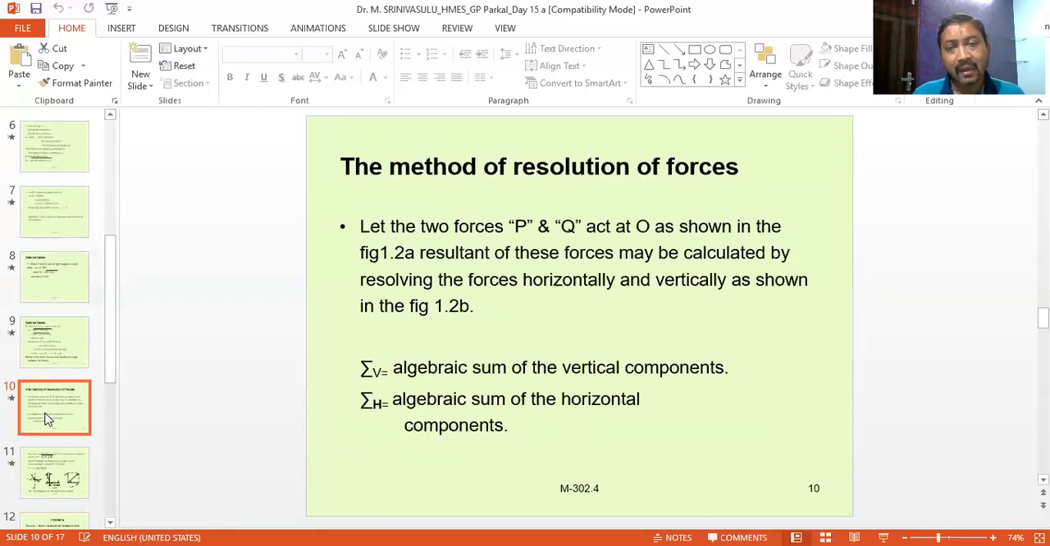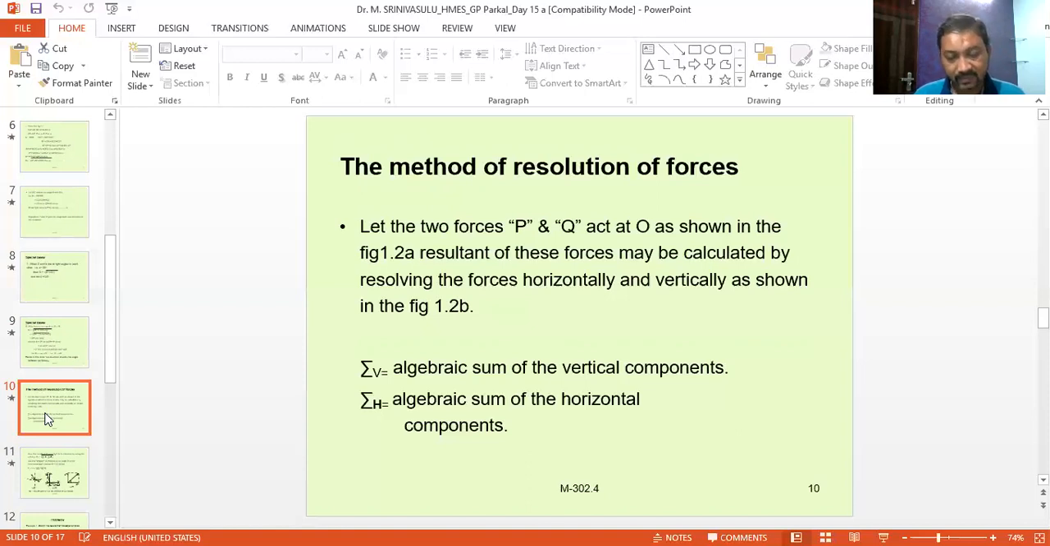We will find out the horizontal component and vertical component for each force acting on the system. Here there is no limit. The forces need not be 3 or 4; for any number of forces, we can find the horizontal and vertical components. Then we will find the algebraic sum of the horizontal components, that is sigma H, and also the algebraic sum of the vertical components, that